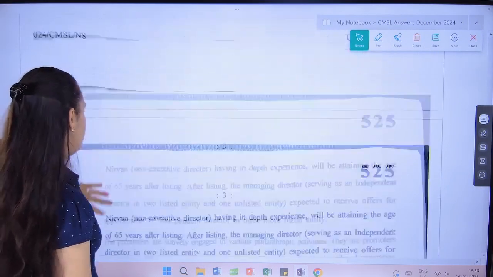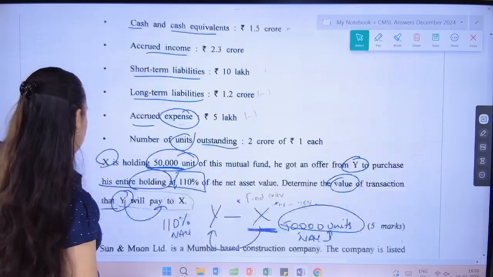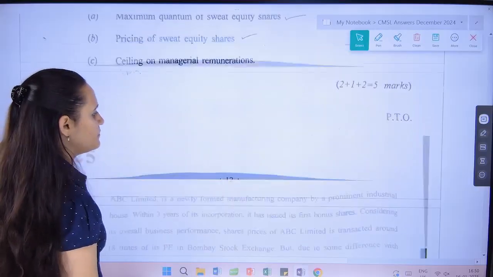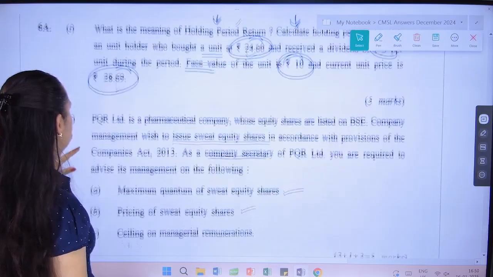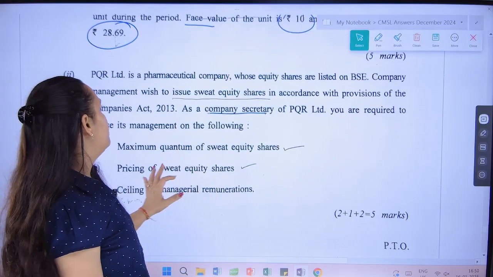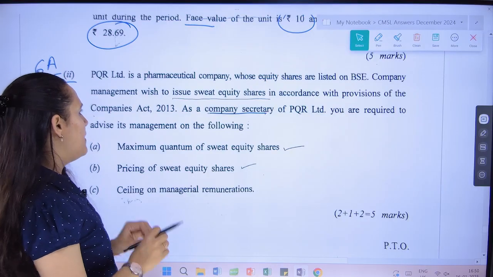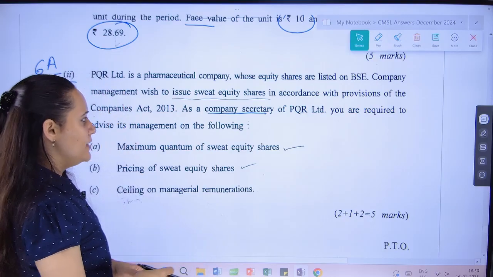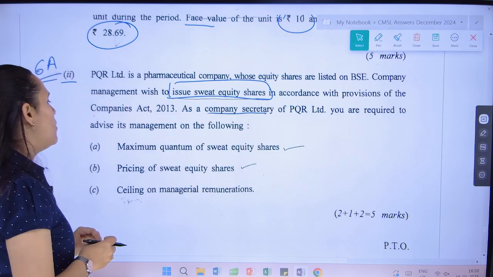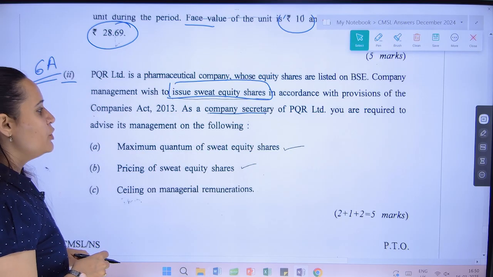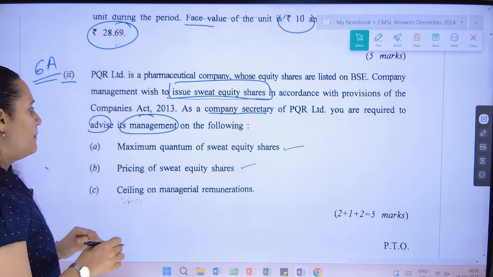Last two questions. PQR Limited is a pharmaceutical company, so it is question 6A, sub question 2. PQR Limited is a pharmaceutical company whose shares are listed on the BSE. The company management wishes to issue sweat equity shares in accordance with the provisions of Companies Act. As the Company Secretary of PQR Limited, you are required to advise the management of the company for the following